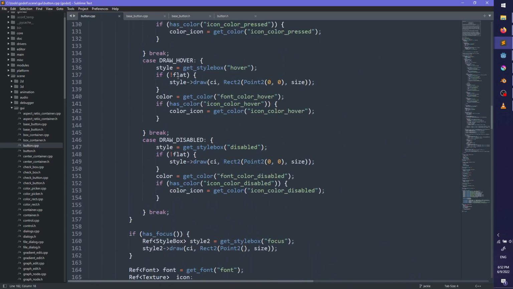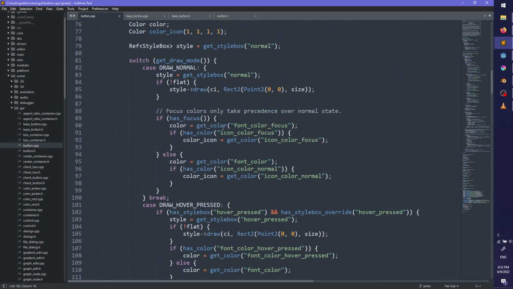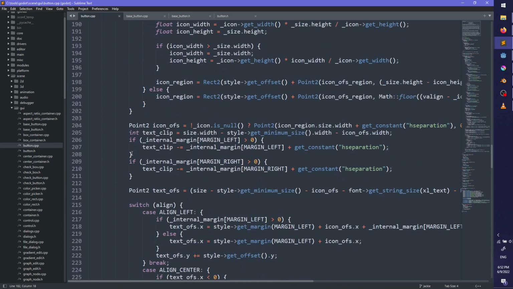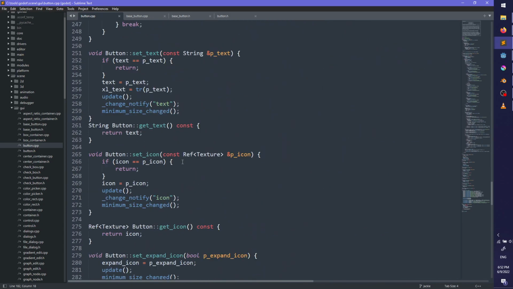Where is the text drawn? Change notify text. Update.